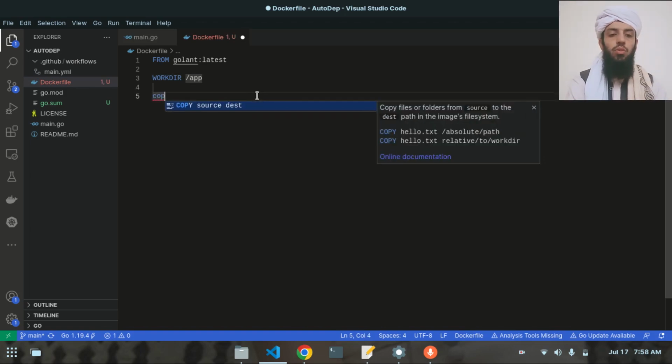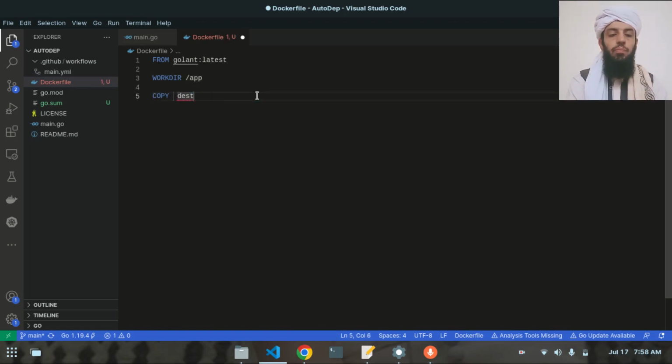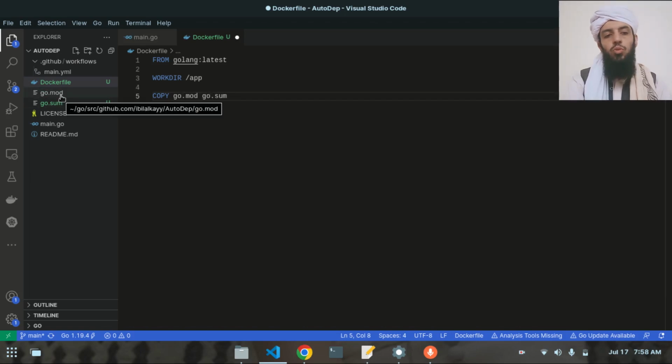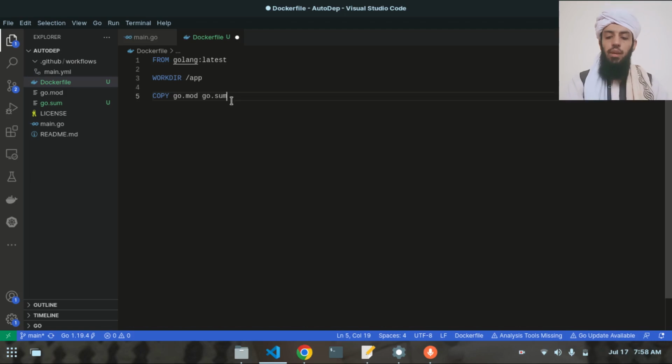and after that let's write COPY, which is going to be go.mod and go.sum. So what this does is it will take the Golang latest image, and after that it will create a working directory inside the Docker, and after that it will copy all these credentials that are present in the go.mod file and go.sum file. These are the dependencies that are present inside the file, so they will basically copy them,